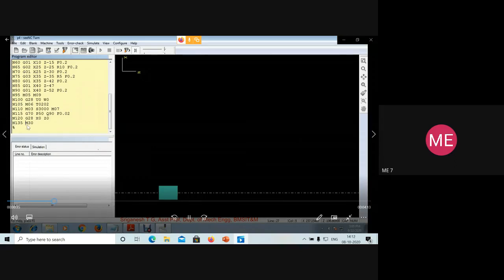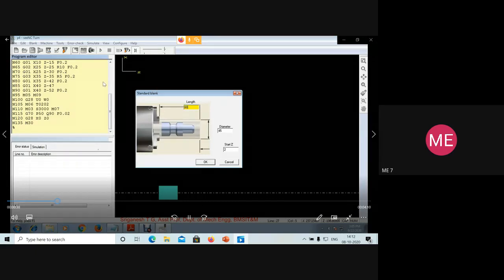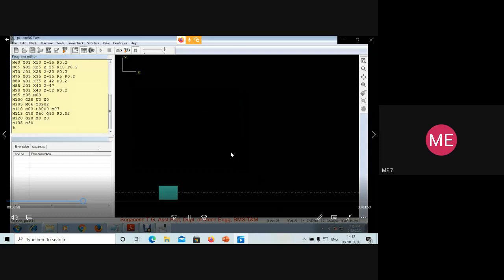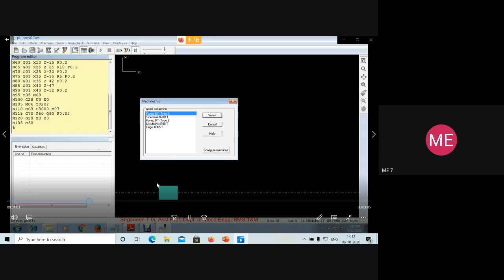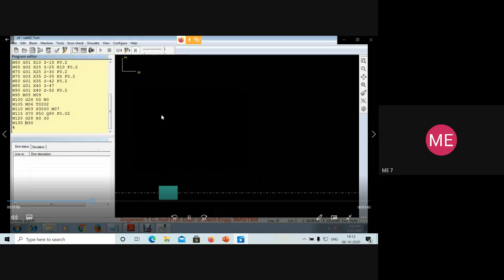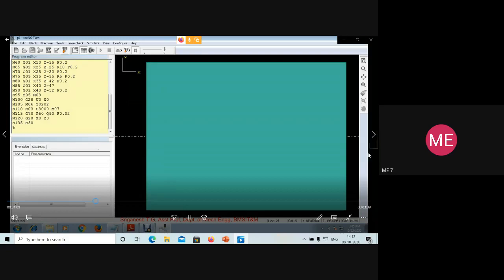Always see that you have maintained proper spacing in between. Then you will go for standard block. When you click the standard block, you will type the dimensions needed as per the given problem. Accordingly, you will type the required length and the diameter, and the value of Z should be less than 2. It could be 0 also. Once you set the blank size, it will be very small. Then you will check FANUC, the testing machine which is needed. Then the blank you have selected will get zoomed up.